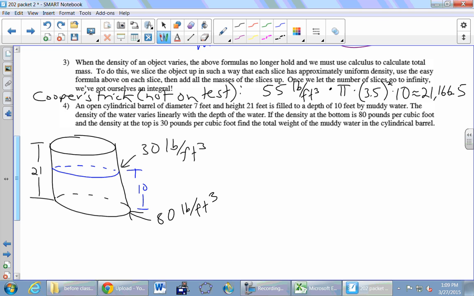So we're going to take this muddy water, we're going to slice it up horizontally, make these cross sections. And so I'm going to draw one cross section there, and then another one right above it. This is a much thicker slab of water than I'm really envisioning. I'm just trying to make it so we can see the darn thing. Right, we're going to make this guy, it's also kind of slanty. So it's a curvature of the earth thing, that's why. So there's our slab of water, and we're going to do the same idea that we did before.